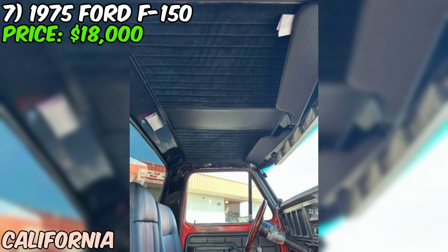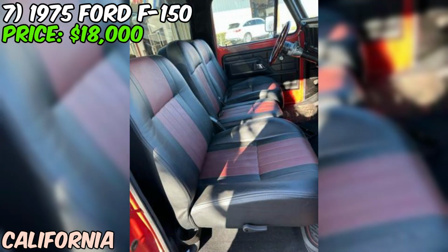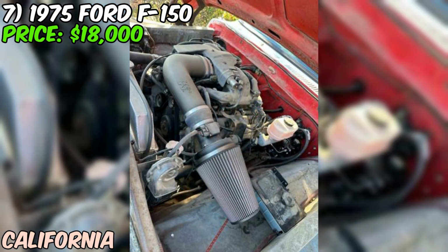Look, I've got to be straight with you. While 70s F-150s are fantastic trucks and values have been climbing, $18,000 is serious money for a '75 F-150 without detailed information about its condition, modifications, or maintenance history. The seller owned it for 5 years, which is good for stability, but we really need more details to justify